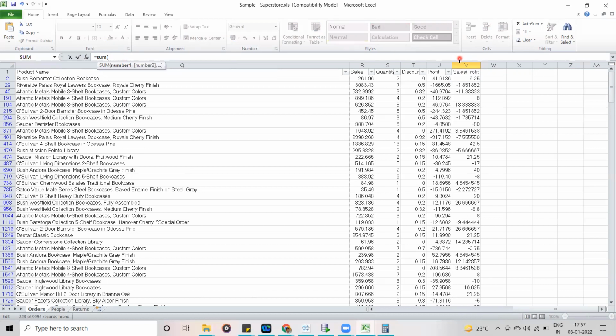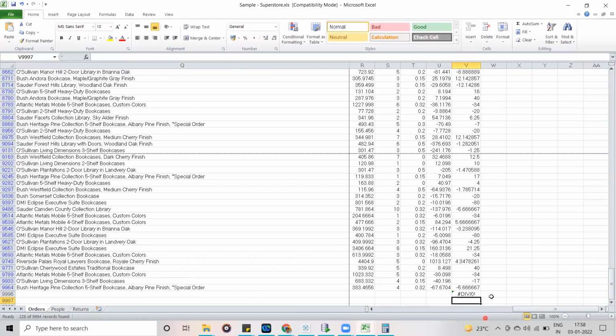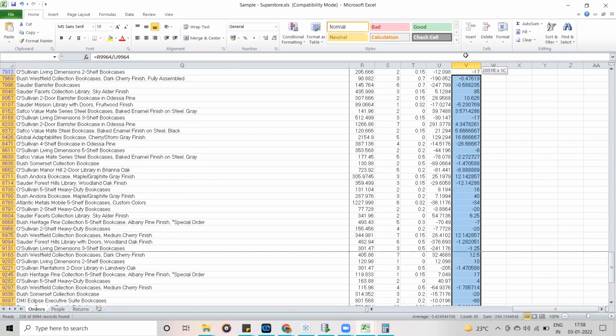Actually, yeah, in between there are hidden columns, right? So that's why it is not showing properly. So here you can see this is the one displayed. Actually, once you select this way, yeah, now it is displaying.